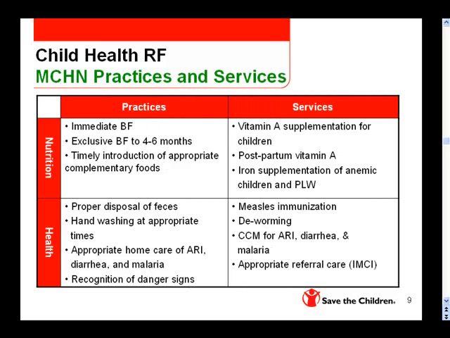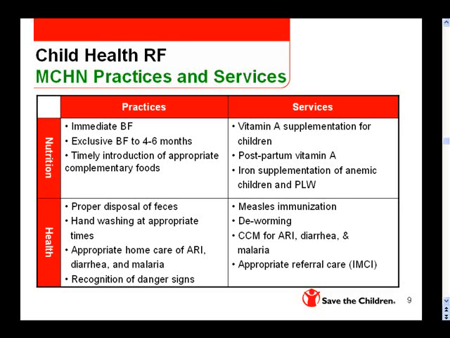When we say to increase nutrition practices, we refer to increase immediate breastfeeding or timely introduction of appropriate complementary foods. When we say to increase nutrition services, we refer to vitamin A supplementation for children or postpartum vitamin A, etc. When we say to increase health practices, we refer, for instance, to hand washing at appropriate times or recognition of danger signs, etc. And when we say to increase health services, we refer, for instance, to measles immunization, deworming campaigns,